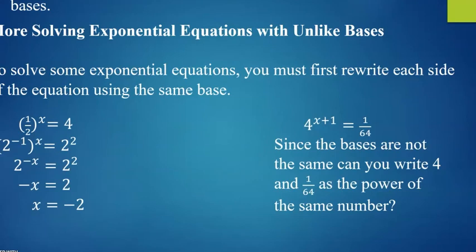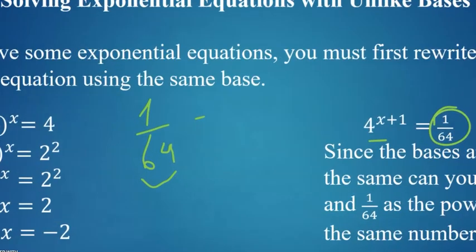Okay, let's look at the second example. 4 to the x plus 1 is equal to 1 over 64. Since the bases are not the same, you can write 4 and 1 over 64 as a power of the same number. As you can see, guys, 1 over 64, how can we actually write it? Let's get started. The 64 we can represent as